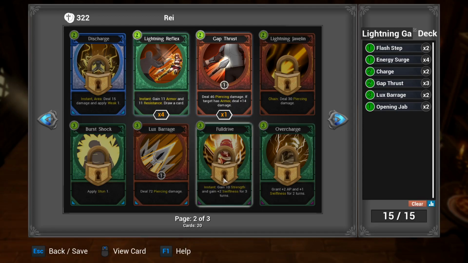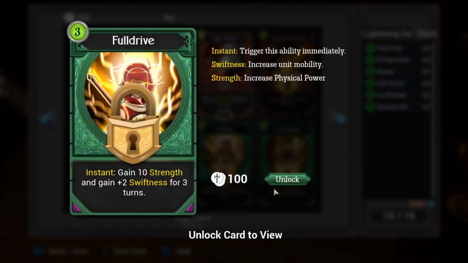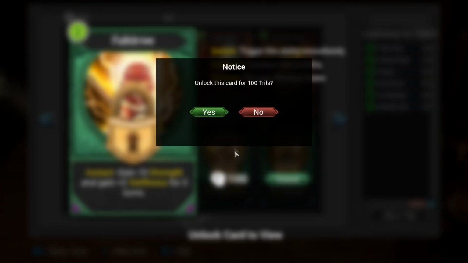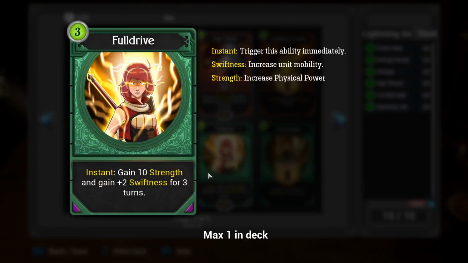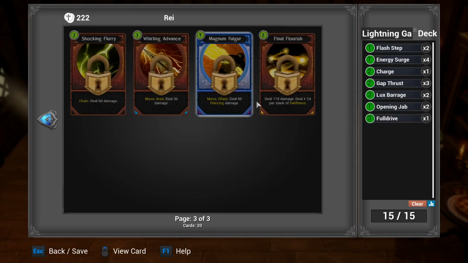Even more strength. Shocking Flurry. Move area, deal 36 damage. Move chain, deal 85 piercing damage. That one would be nice if I got a bunch of swiftness, but I usually don't. I think I want to get this, possibly, just to make her a bit faster. So we're going to take out Charge for this. And then I think I want to put in...